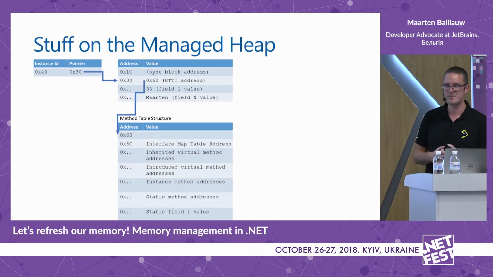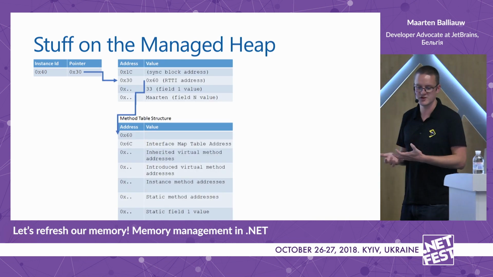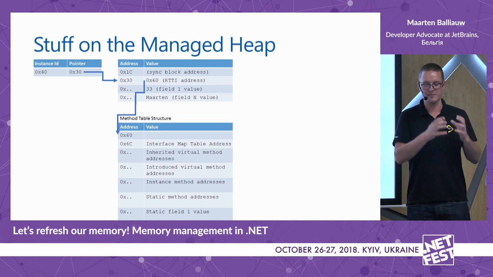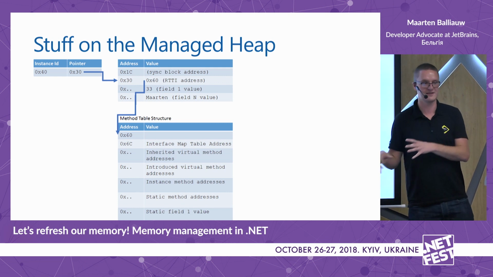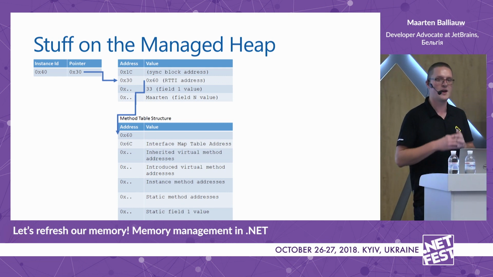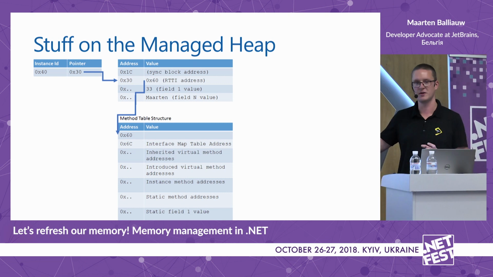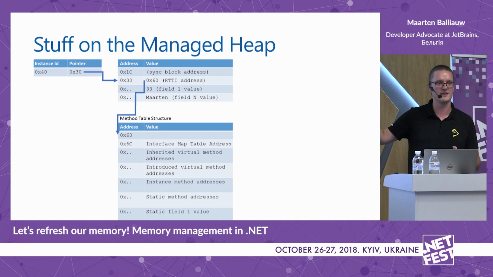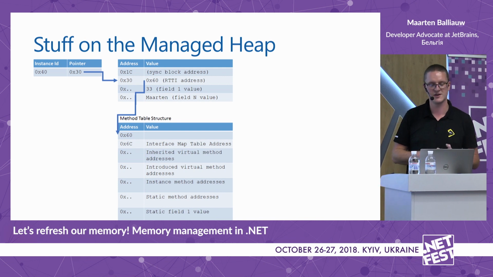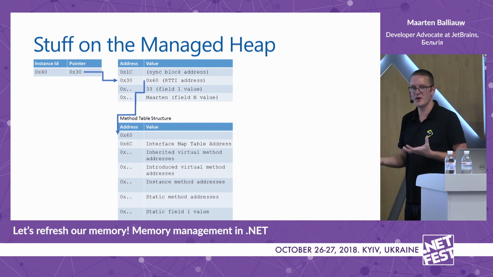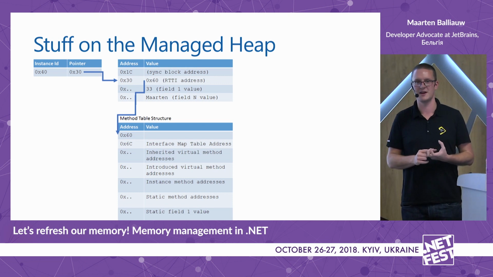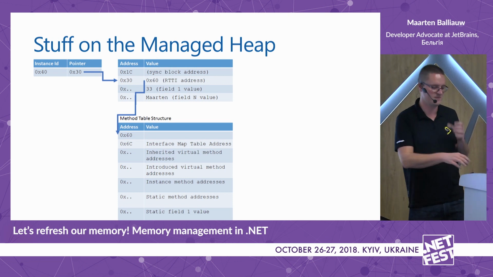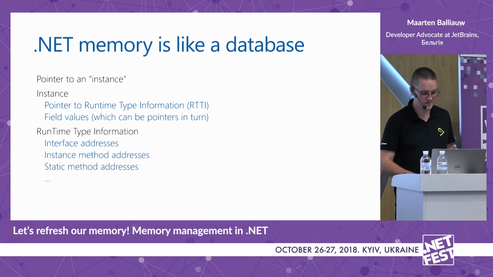For everything on the heap, you will see some table structure. You also get an instance ID that points to a table that contains just the values of your type, as well as a pointer to another table that contains the type information and the methods and so on that are in the type that you are making use of. So that's nice. .NET really works like a relational database internally. It has different tables that are linked together. Now,